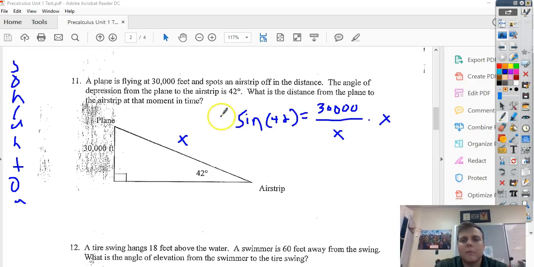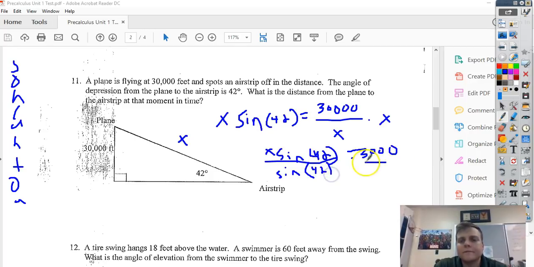Now, in order to get x by itself, since x is in the denominator, I first have to multiply both sides by x. So then I have x sine 42 is equal to 30,000. And then after that, I divide both sides by sine of 42. That cancels those out, and I get x is approximately